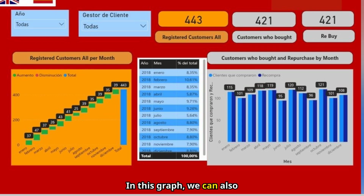In this graph, we can also see that sales in July and September were slightly down compared to other months. Here, your challenge as sales manager is clear. Identify which variables affected these declines. Was there a problem with supply? Was demand reduced? Or was there stronger competition in those months? Using data to understand the seasonal behavior of your customers and their preferences will allow you to anticipate and adjust